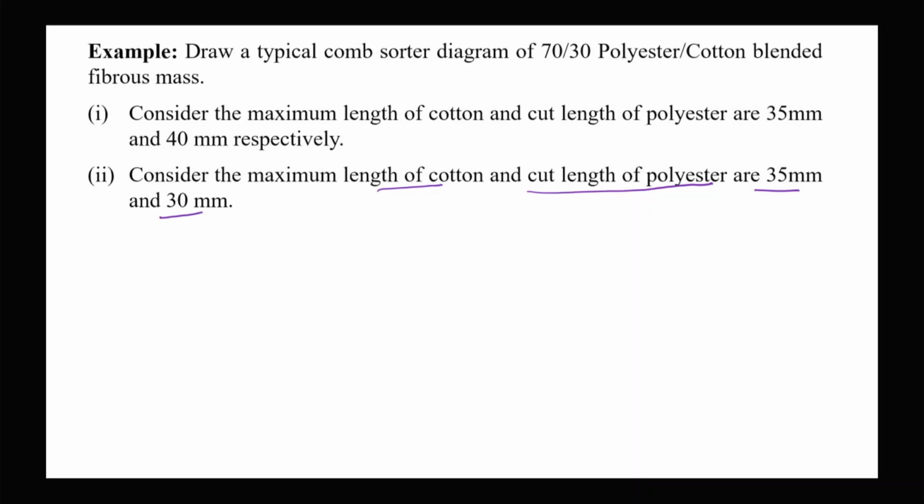Earlier the cut length was 40 mm and here the cut length is 30 mm, which is less than the maximum length of cotton. Now, if we draw separately for cotton,